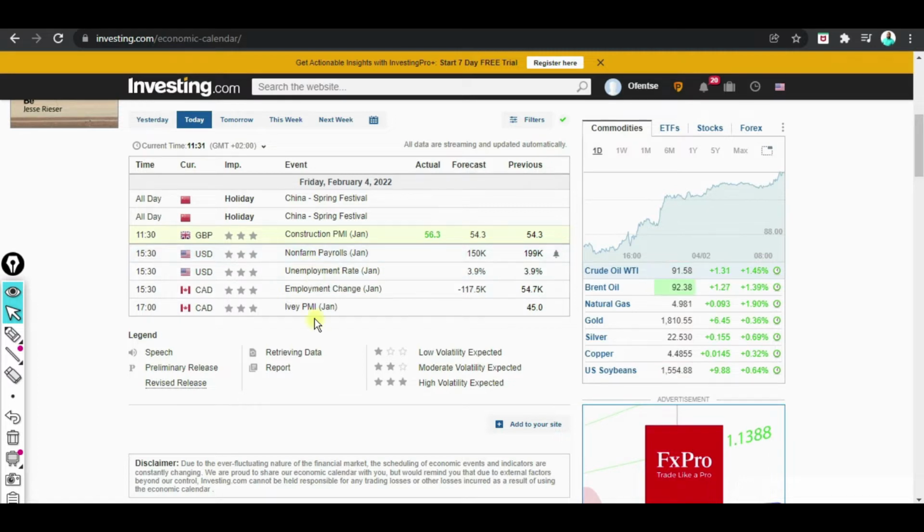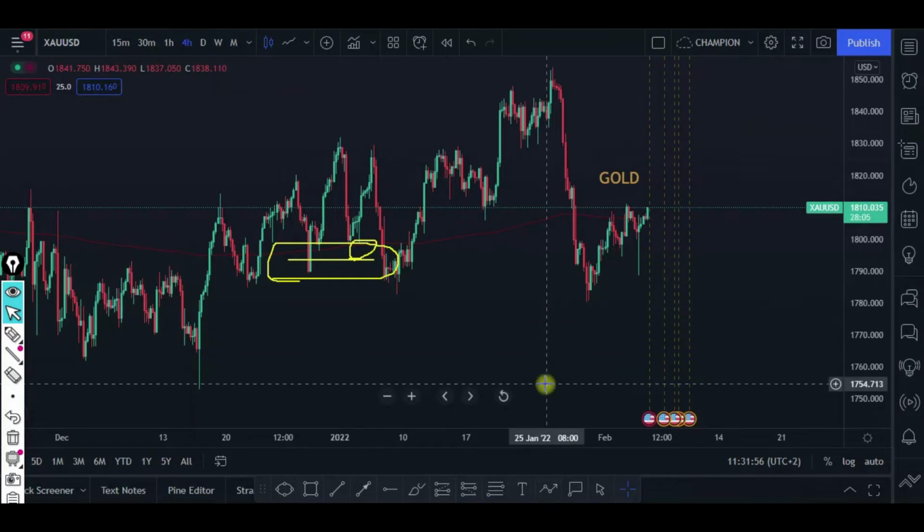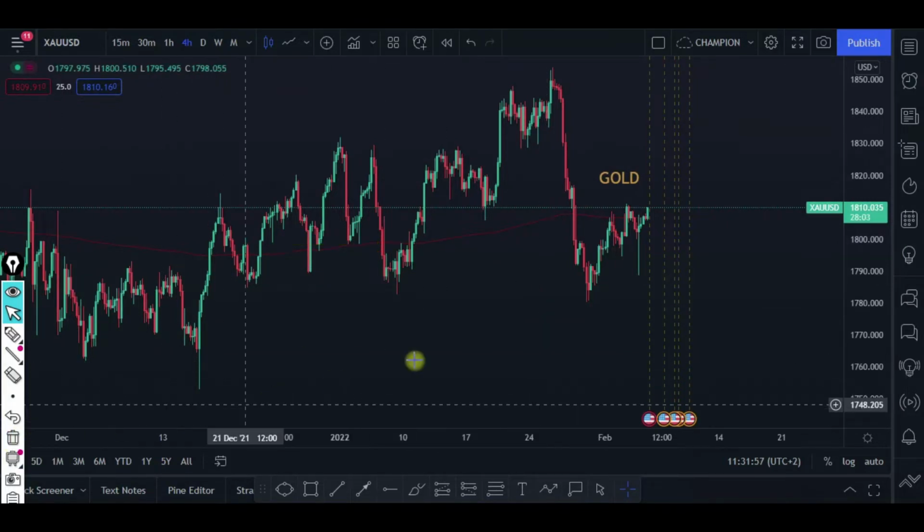When you look at fundamental news, traders should also check it so that they are able to understand what is happening on the market. We have the unemployment rate also. It's January news, don't forget that. So ladies and gentlemen, let's not waste any time and go straight to our chart, where we're going to start with